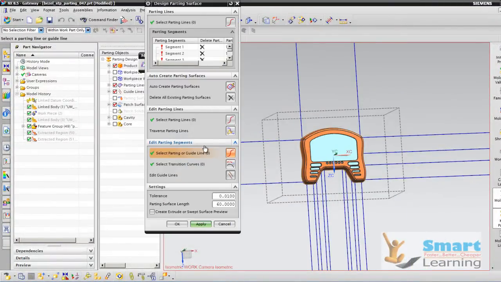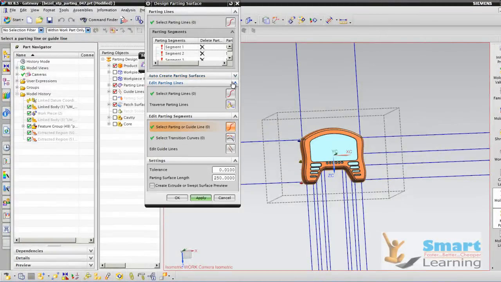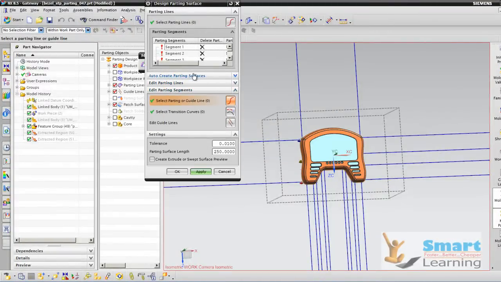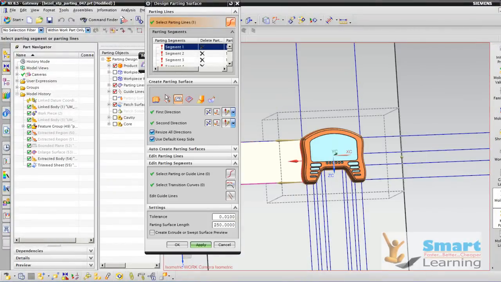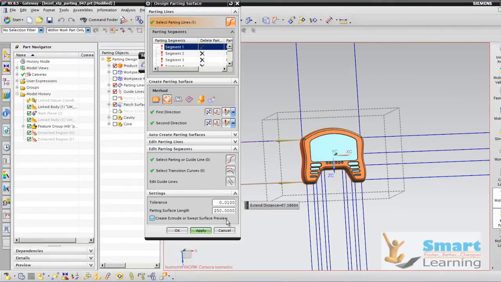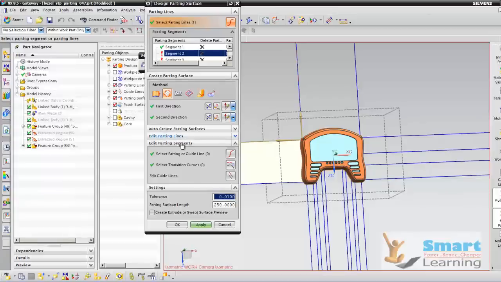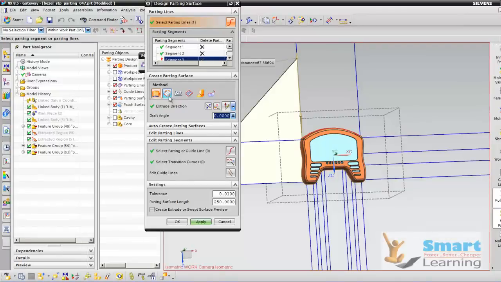Now once you go to OK, here you have to specify the surface length, which I am saying 250, and now you can remove this dashboard. All these options panels you can close, because finally you have created all your required surfaces, and you can see the directions here. Go to apply. Once you go to apply, here you can sweep between the surfaces and continue between the corresponding two guidelines.